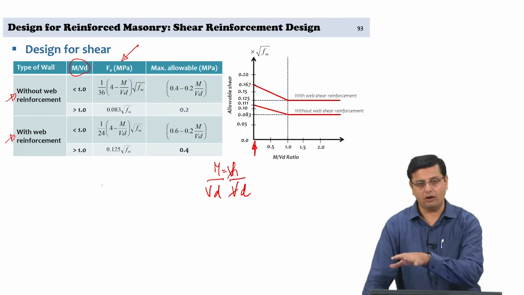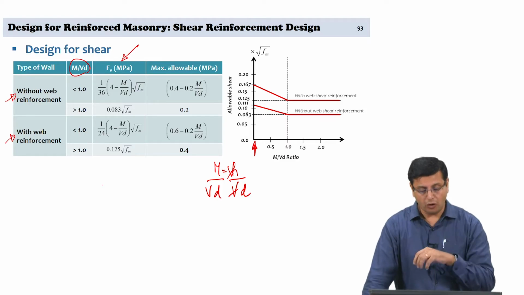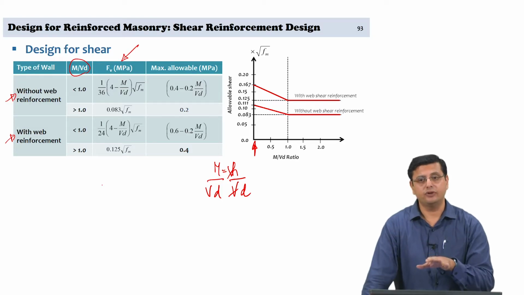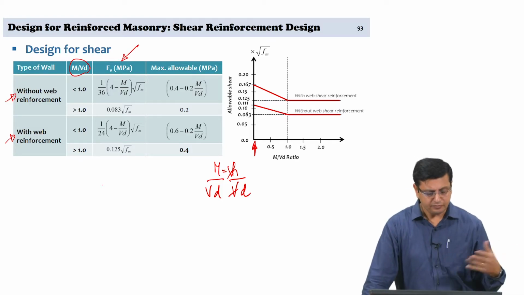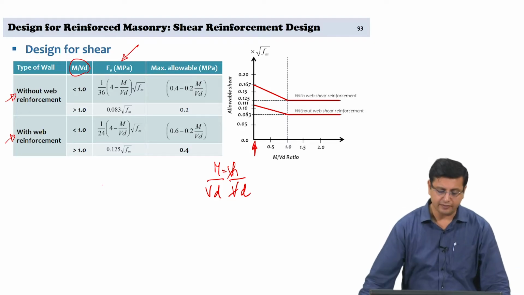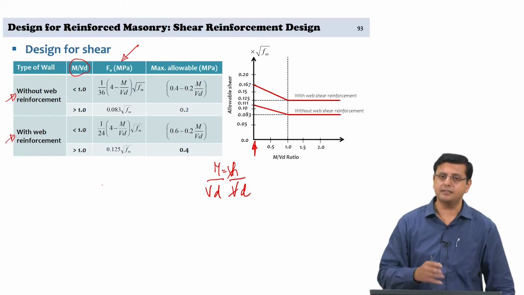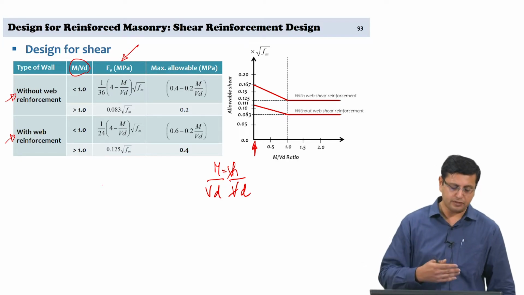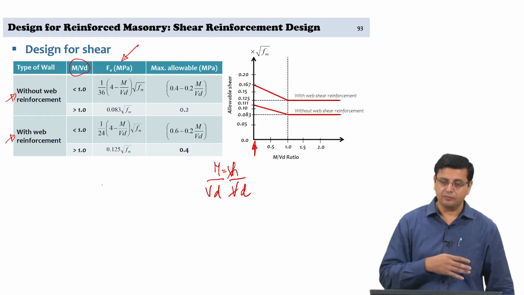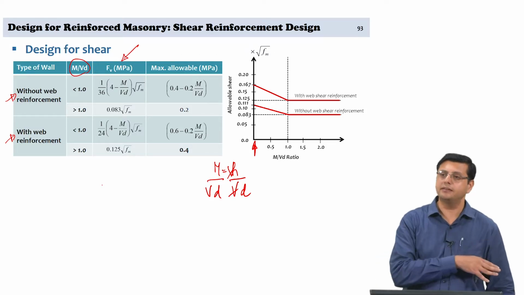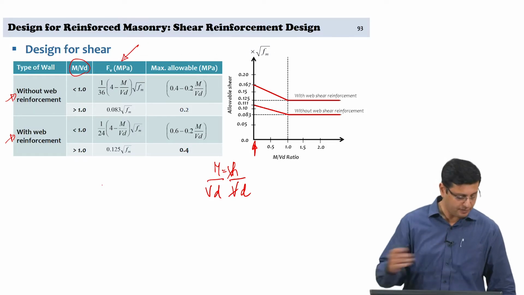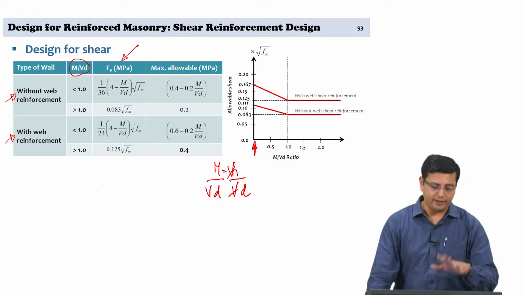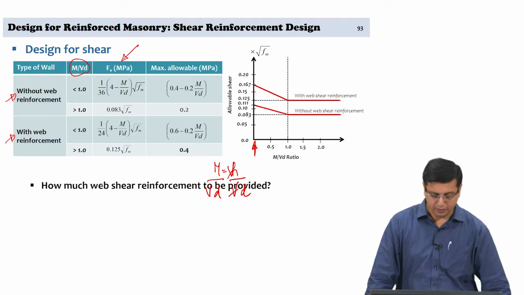calculation that you will make on the aspect ratio of the wall will determine what is the allowable shear stress for the design itself, and you have to ensure that the shear stress itself is within these parameters. Otherwise, it would mean you will have to design the web shear reinforcement or change the dimensions of the wall such that the masonry itself can resist the shear demand coming onto it. So, this is to arrive at your allowable stresses. Once that is done,